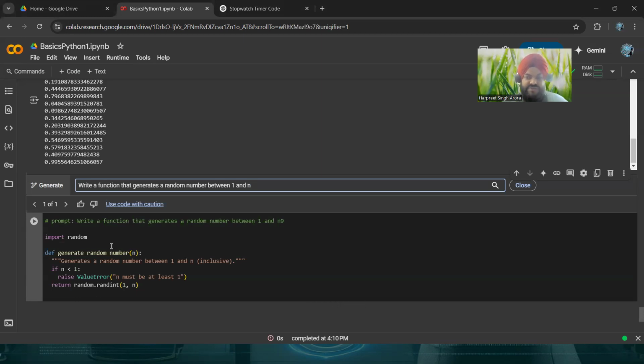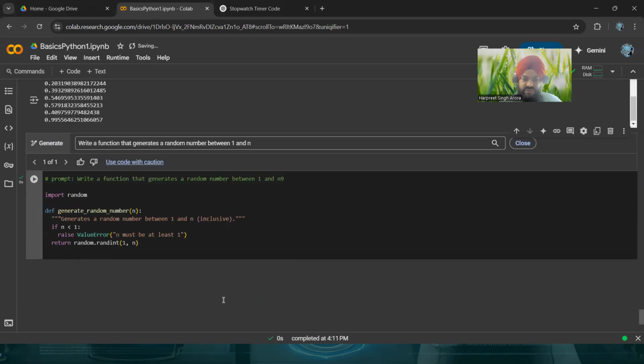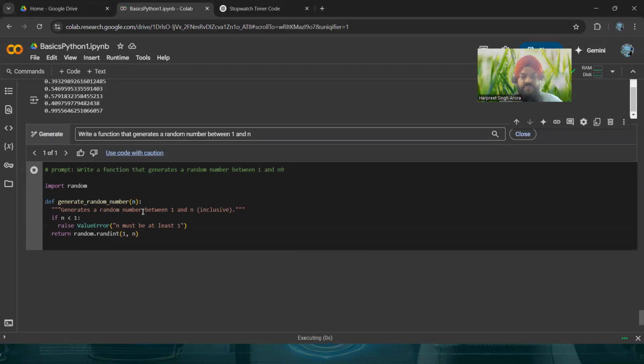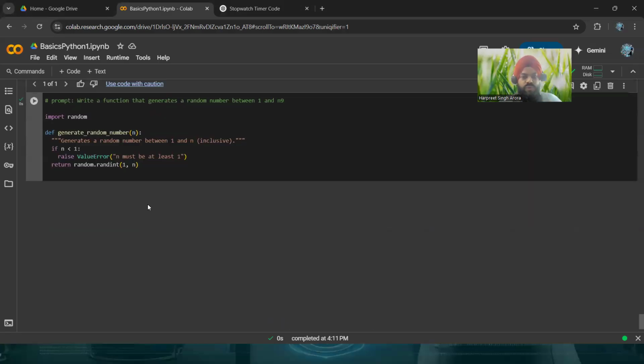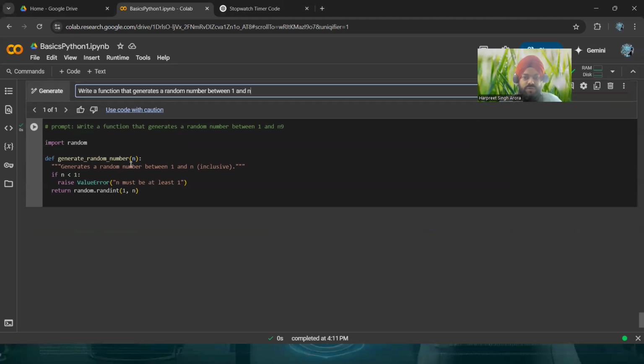Let's see, it has already generated. Let's see if it runs right. It says 1 and n and not n and 9. But I guess it understood that it is for n and 9 is by mistake. No doubt why AIs are so intelligent. So if I change n with 6,